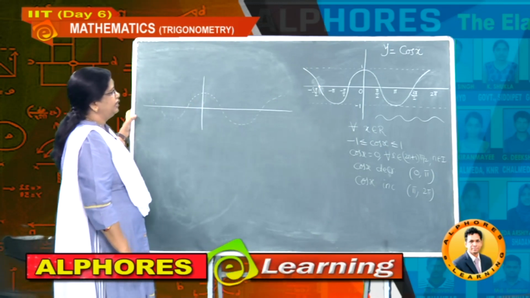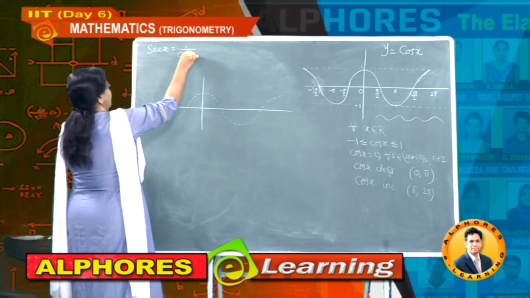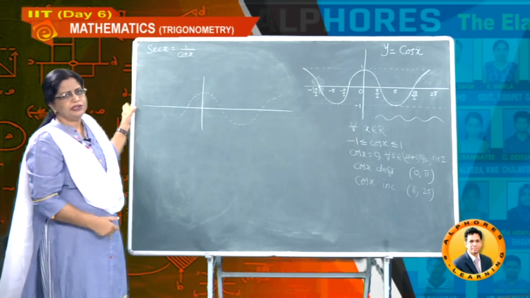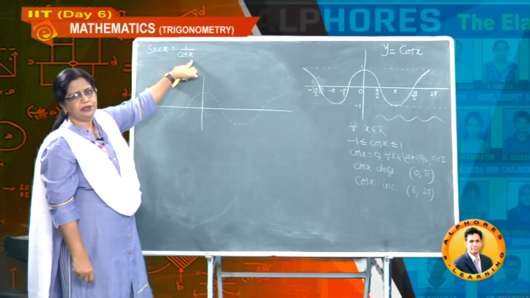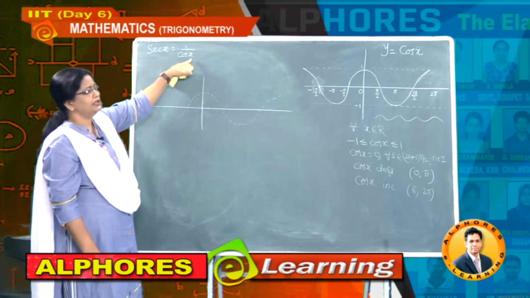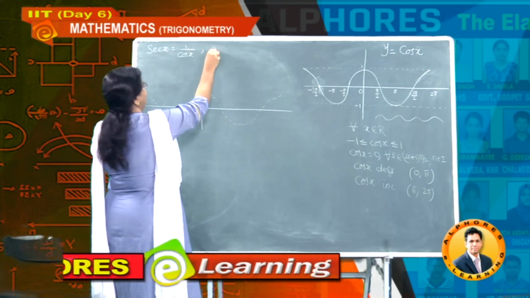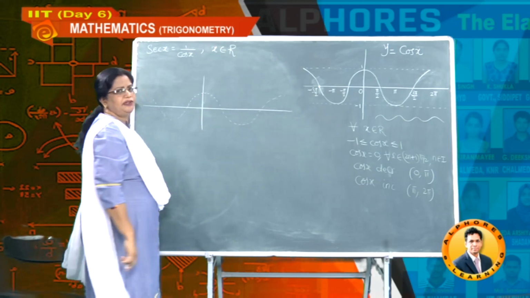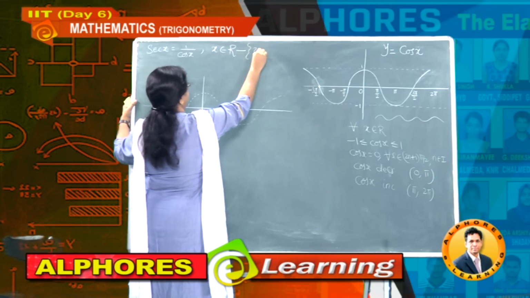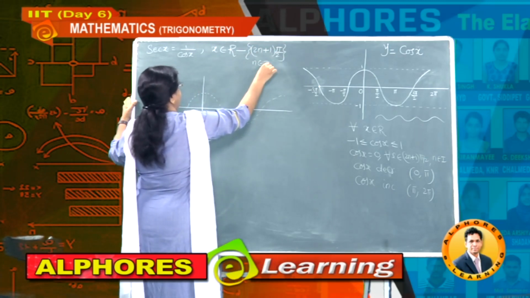Now secant x, what is the definition? Secant x is nothing but 1 divided by cos x, and therefore it is defined only when cos x is not equal to 0. If cos x is 0, what will happen? Then this value is 0, 1 by 0 means again undefined. That is why cos x should not be equal to 0. So now this is defined only for x belongs to all the real numbers except odd multiples of pi by 2, so pi by 2, 3 pi by 2, etc., that kind of values, and this n is always an integer, n belongs to I.